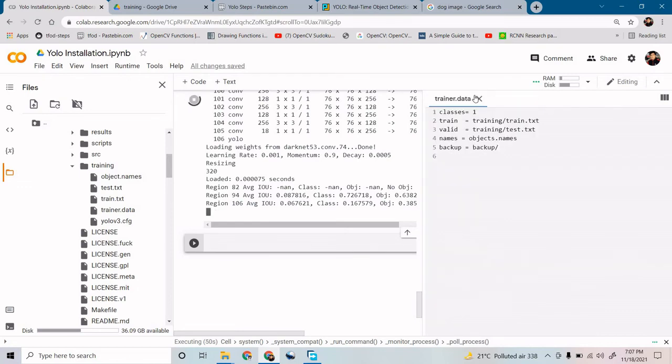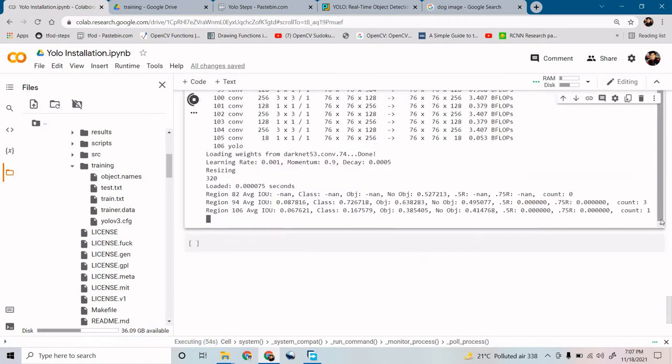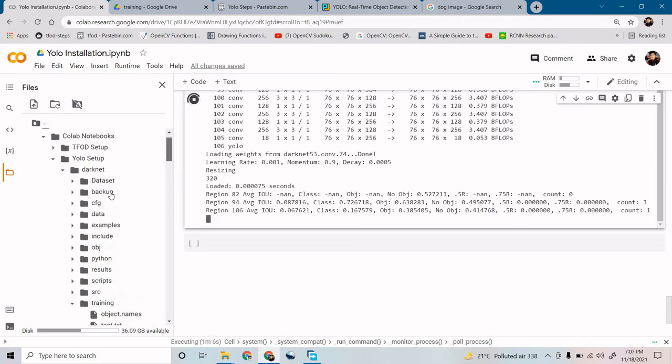Now let's see our training. It will start soon. Okay, I think the backup file is created. Inside this backup, you will receive all your weights.